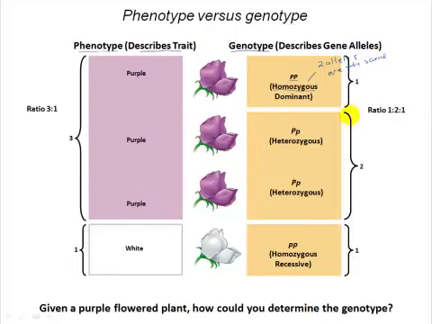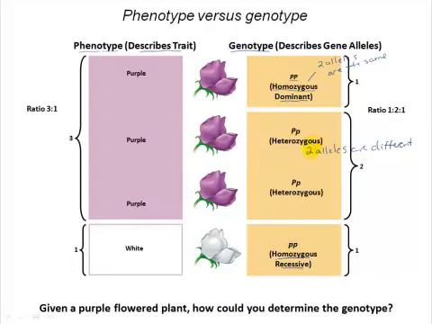That's homozygous. If your two alleles are different, that would be the heterozygous state. And then down here again, we have homozygous once again. Two alleles are the same, but now we can distinguish between being homozygous dominant, in which the two alleles are the same and they're both the dominant allele, or homozygous recessive, in which your two alleles are the same but they're both the recessive allele, right?